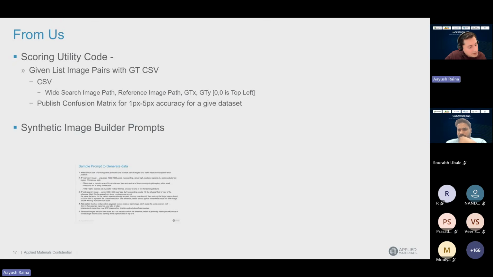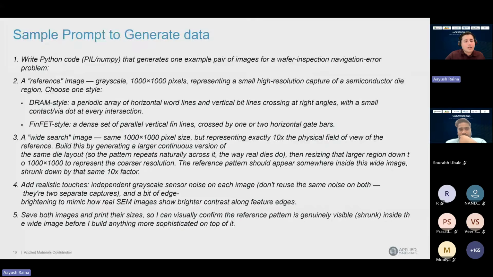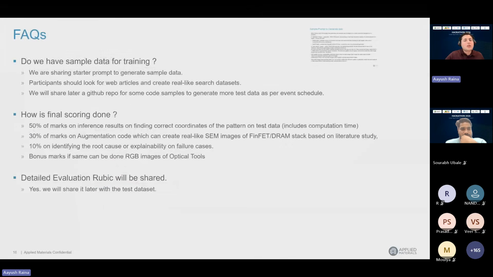Any more questions? There will be a benchmarking. I will share this slide, and it contains the rules.